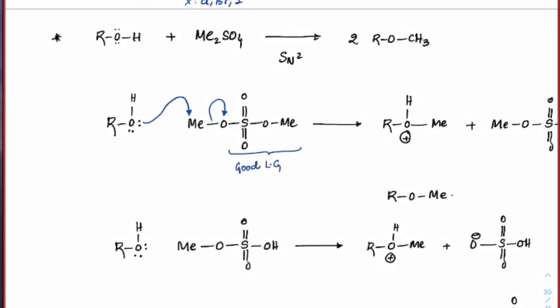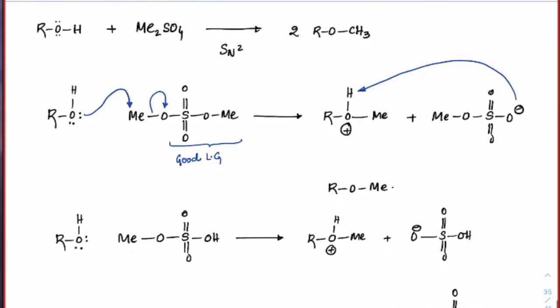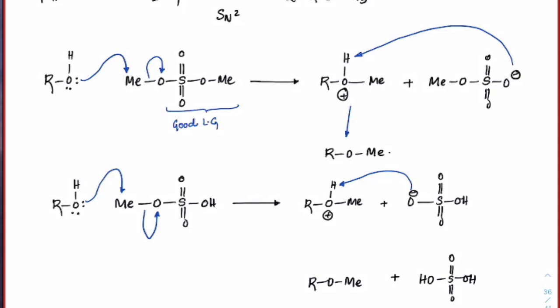So O will attack there, so you will get this one, okay, and the O minus which has come will take away this H plus, and that's how you will get this OH on this side. We will be ending up with ROMe, ether. But it has one more methyl group, so both methyls can be replaced here. So a second mole can also attack here. This O minus can leave here. We will get the same group here. Again, this O minus can take this H plus, and finally we can get ROMe. And what is the final product left? You will have sulfuric acid.